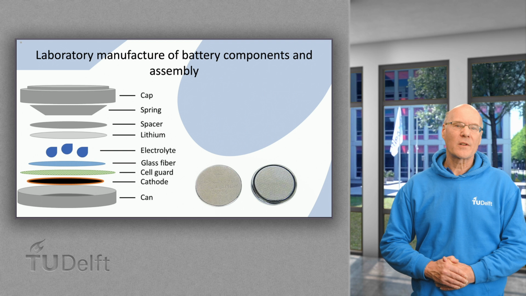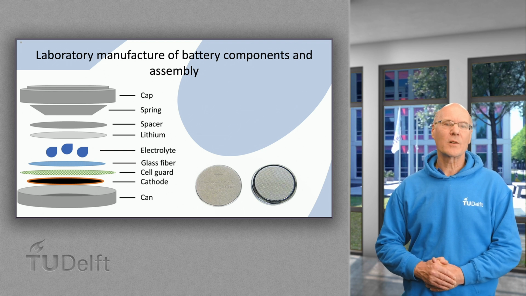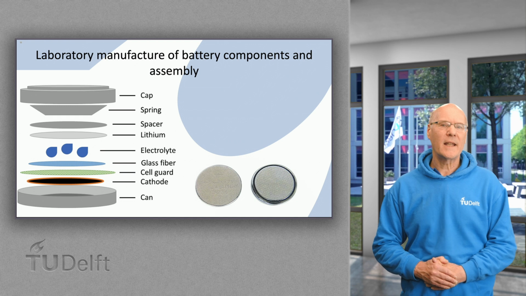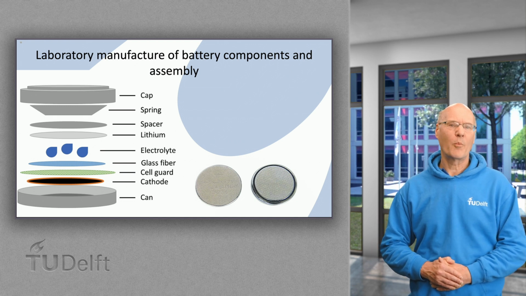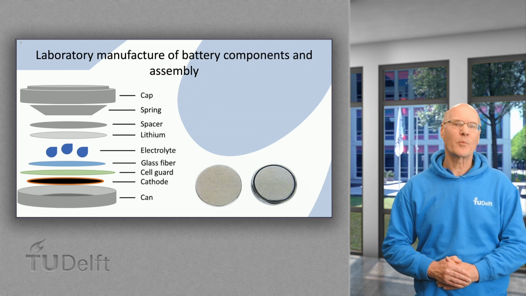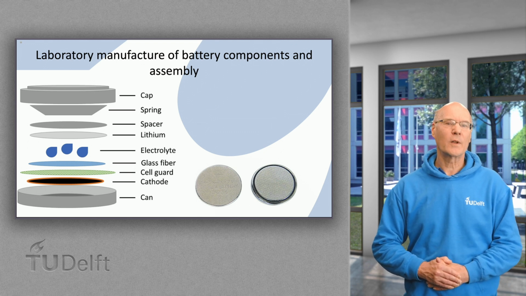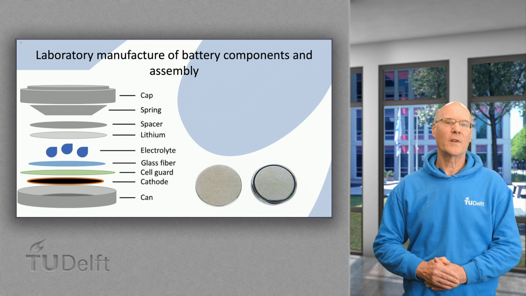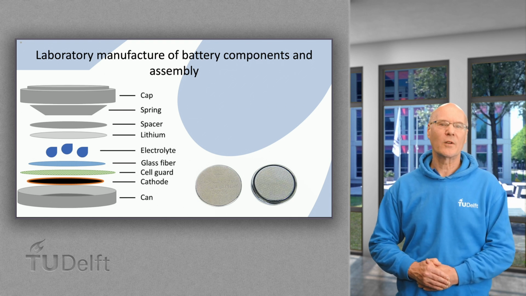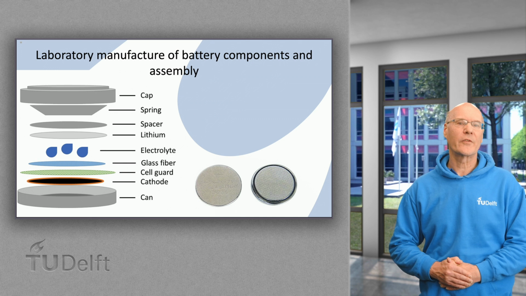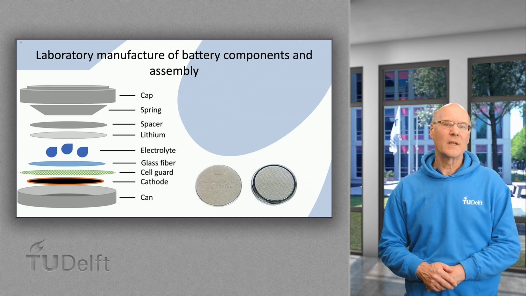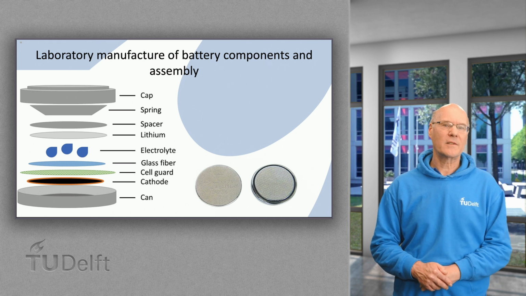Once the components are safely brought into the glove box, a test cell can be made. This is done by stacking the negative electrode disc, a porous separator foil soaked in electrolyte and covered with the positive electrode disc, followed by a spacer to fill up the empty space and a spring to apply pressure on the layers for good electrical contact. The coin cell case will then be crimped and the cell is ready for testing.